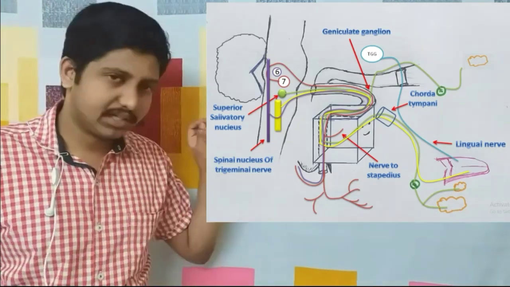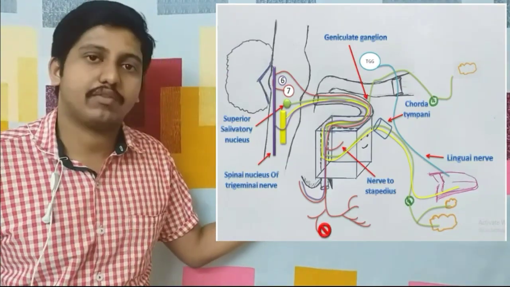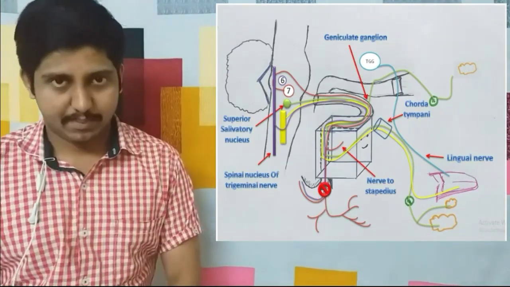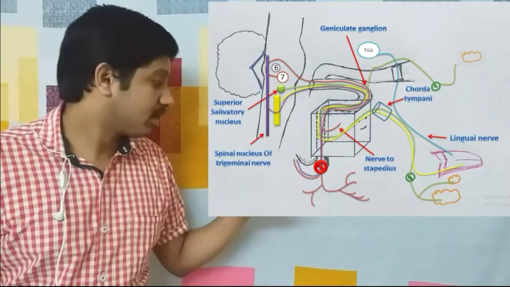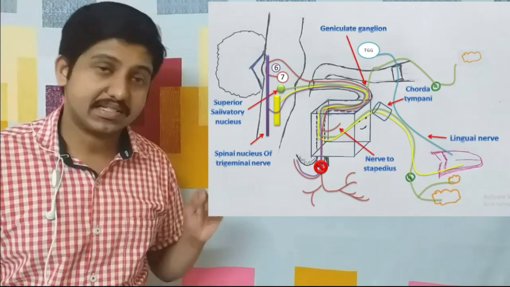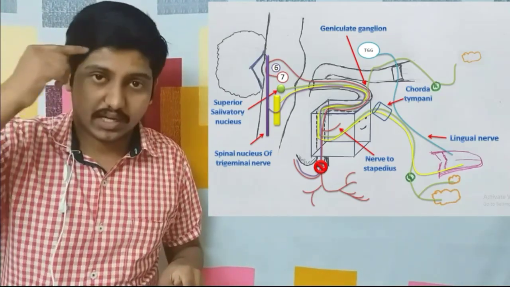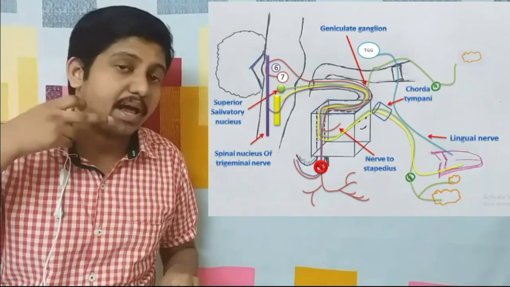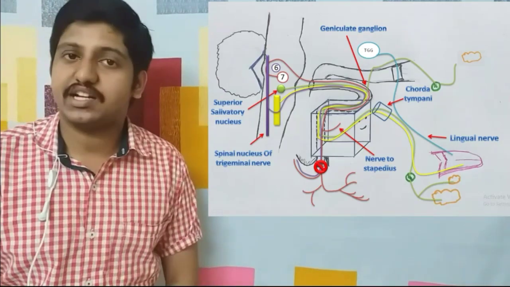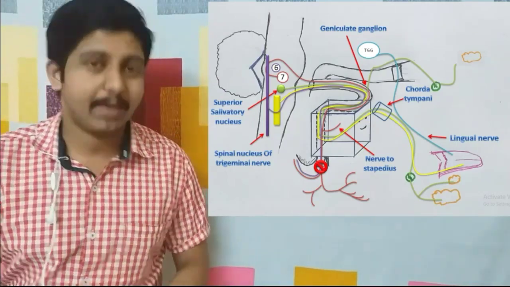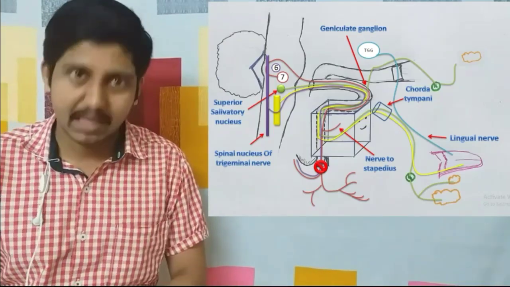Here the lowermost position is usually at or above the site of the stylomastoid foramen, through which the facial nerve comes out. If a lesion occurs at that point, then what happens? We can see that the entire facial nerve, which is supplying the muscles of facial expression, is affected. So that is a condition where Bell's palsy occurs. So what are the signs and symptoms of this Bell's palsy?